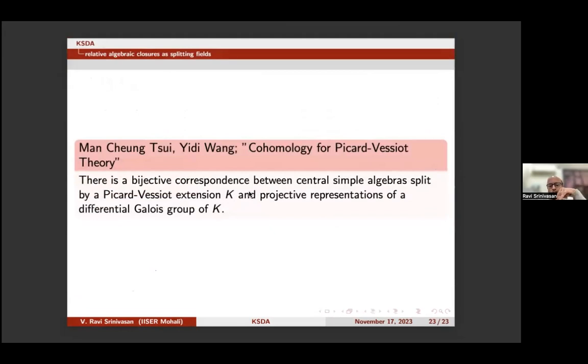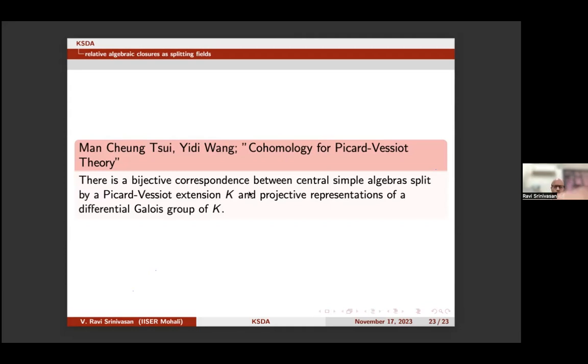So what I want to say is there's a recent work on cohomology for Picard-Vessiot theory, where it is shown that projective representations of a differential Galois group of a fixed Picard-Vessiot extension are in bijective correspondence with those Picard-Vessiot extensions that are split by K. So we are looking into this paper, and our guess is that this class of Picard-Vessiot extensions that is split by K